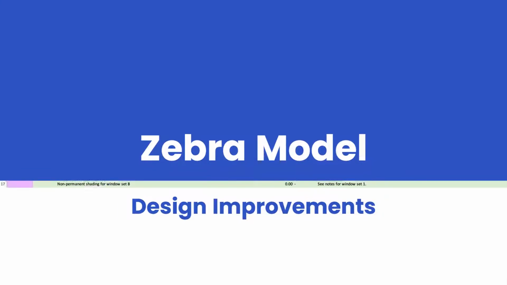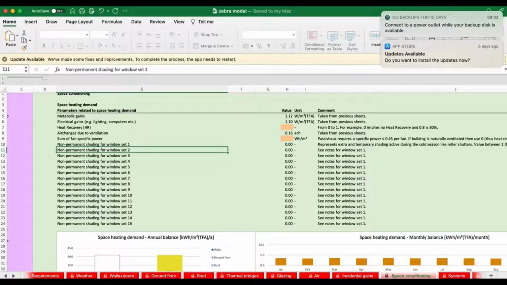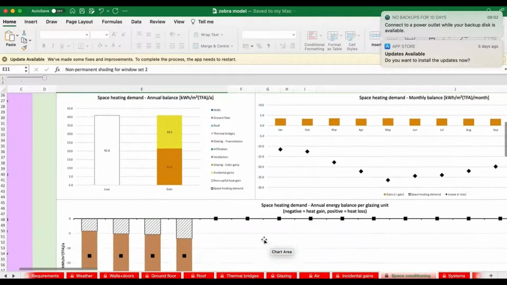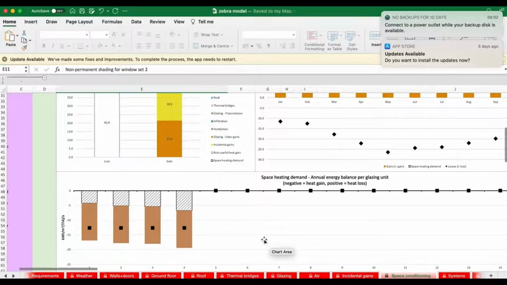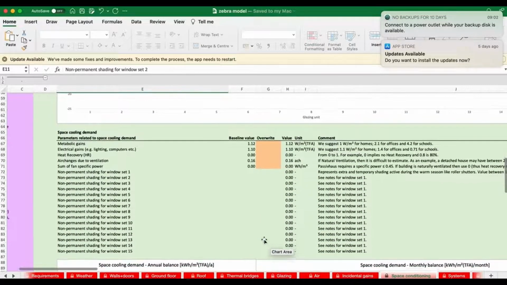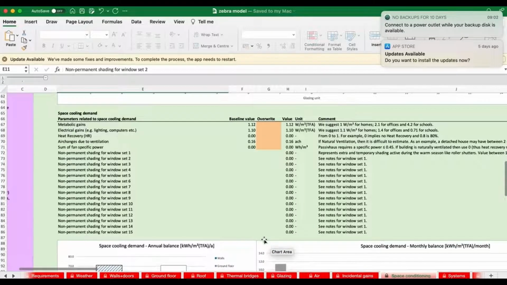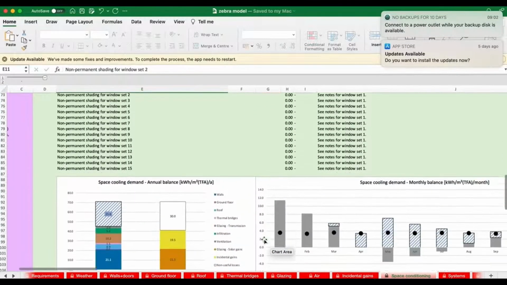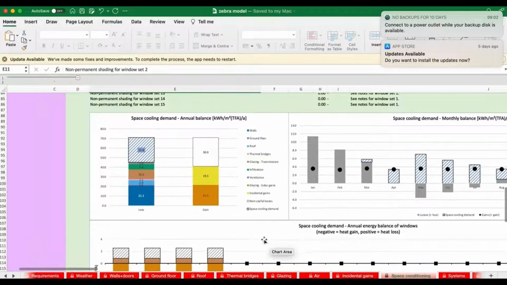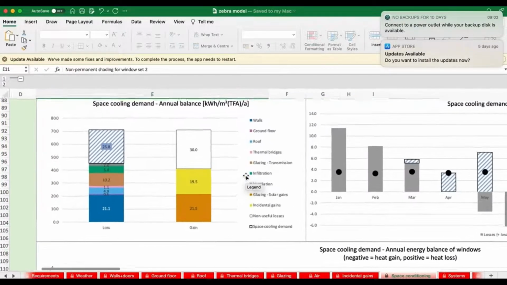We now return to the space conditioning sheet to see if we can find any additional information that might help drive the design through the next phase. We scroll down, we look at the space heating demand. There isn't any, so these numbers are not relevant or not useful in any way. So we go down to space cooling demand, and we find this heat balance graph. I'm just going to zoom in on that.